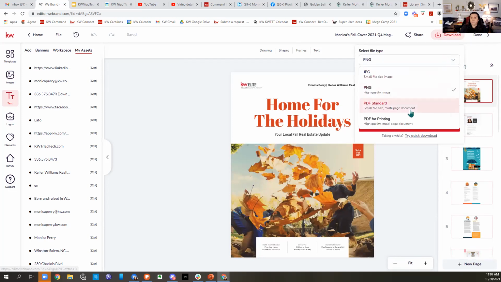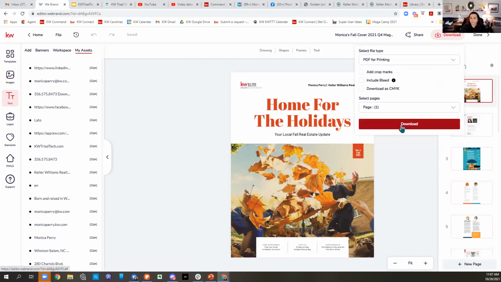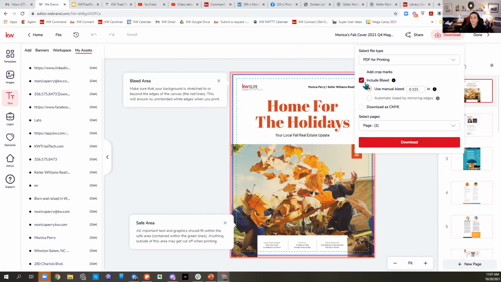This is important too. I want you to do PDF for printing, okay? Include bleed. You don't have to change the bleed. Just make sure that you hit include, and you're going to download it to your computer. It's going to save it as a PDF. You can send it to a printer to have it printed out in a magazine format. You can have it printed out on regular paper, glossy paper, bound, or whatever, however you want it to get done, if you want to print it out. That is 100% an option, right? Another option